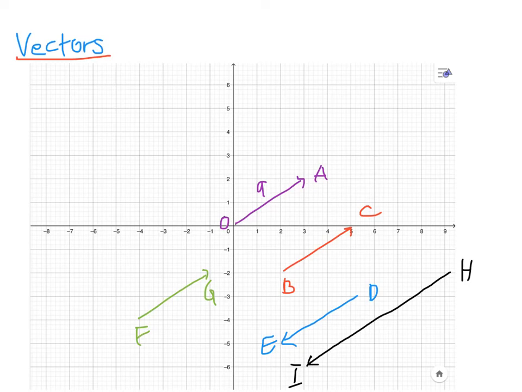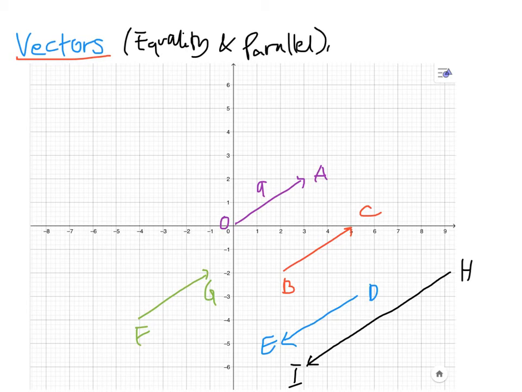So now we'll be talking about how vectors could be equal. So then it's about equality and being parallel. These are the two things that we'll be focusing on for now. So let's say I have a couple of vectors here. They're already present to you. So we have OA, BC,